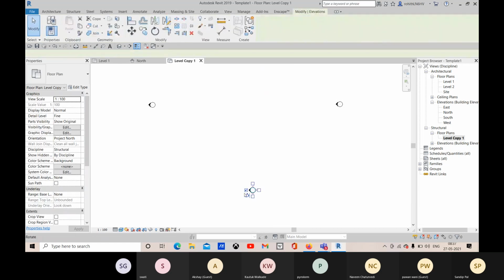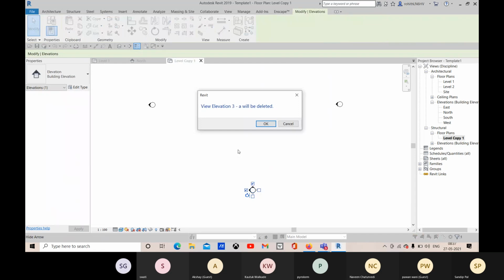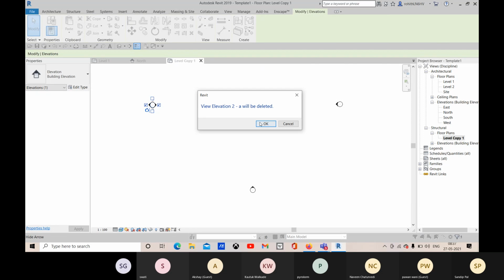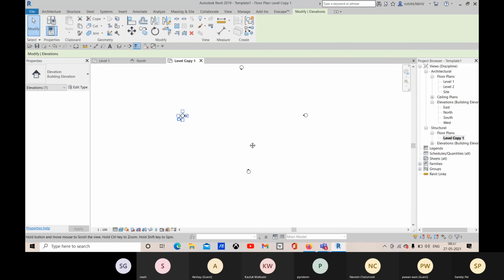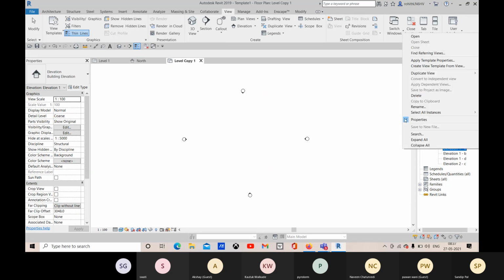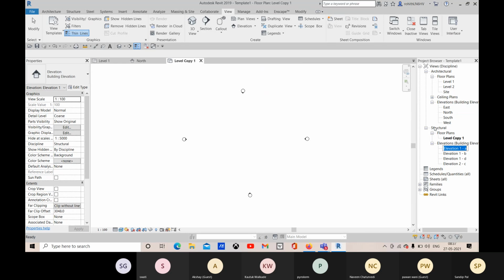Now let me select this, check here, uncheck this side, check here, uncheck this side, and now it's done. And here you can see that all these elevations 1A, 1B, these are added. Just you need to rename them. Select and rename. From here, rename.